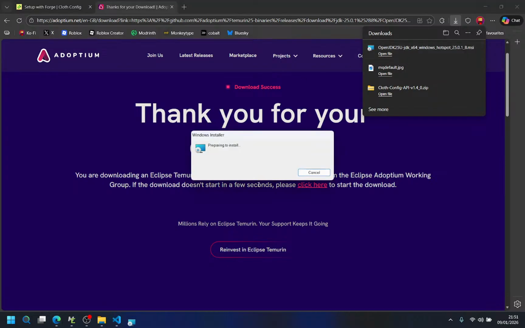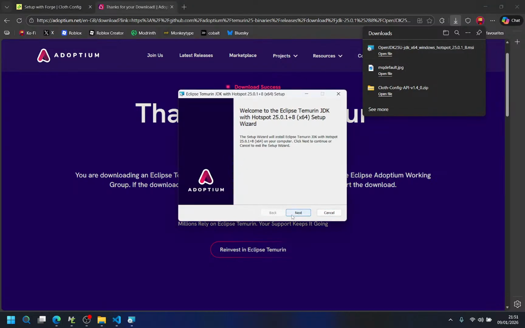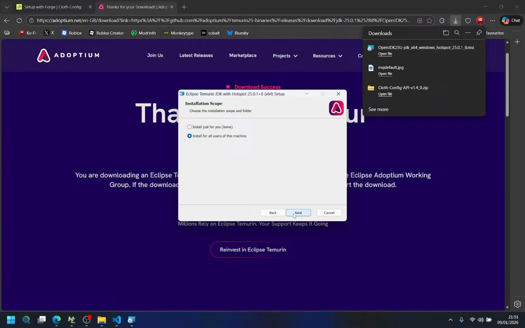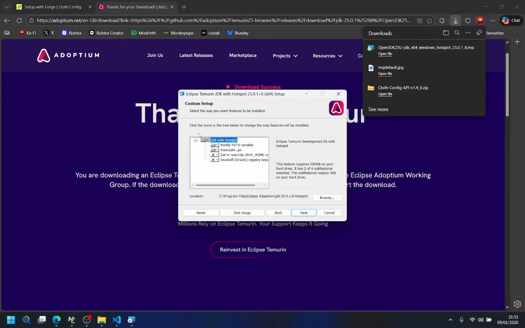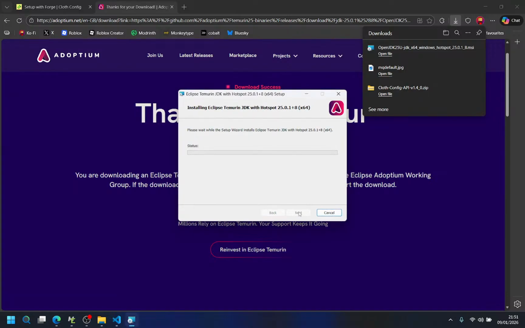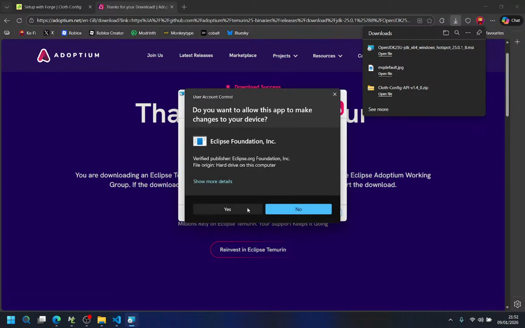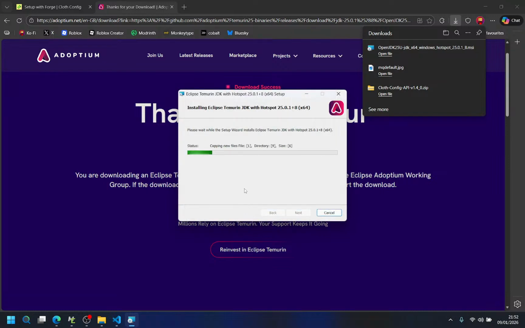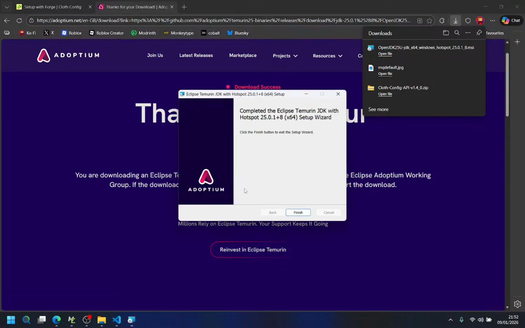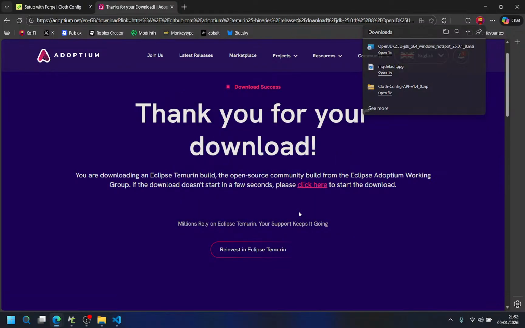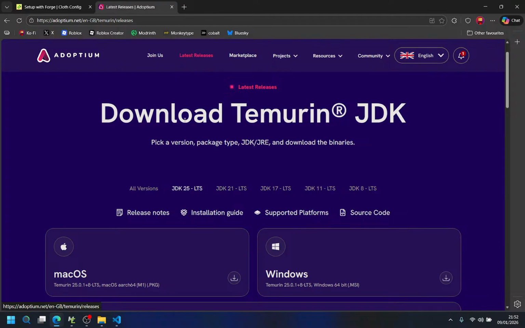And let's now run the installer. Might take some time. I have no clue. Let's select the feature to be installed and bam. We have to wait now. Finish. And that's it.